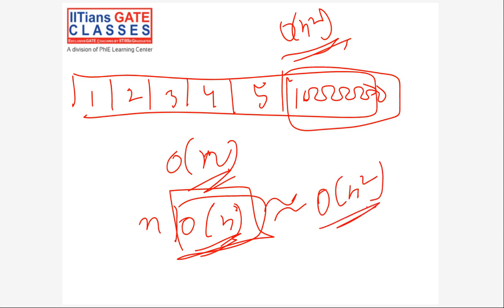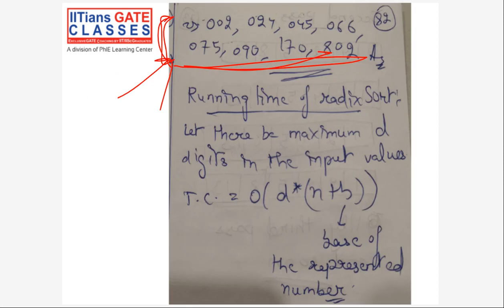So you have to make sure that your range of the value is decent. It should not be really bad. Otherwise, radix sort will not be able to give you the right answer. I mean, it will give you the right answer, but it'll take a lot more time as compared to maybe quick sort or merge sort. Right? So this point should be clear to everyone. So these are simple algorithms. They are not really hard. Only thing you have to understand is how they are functioning.